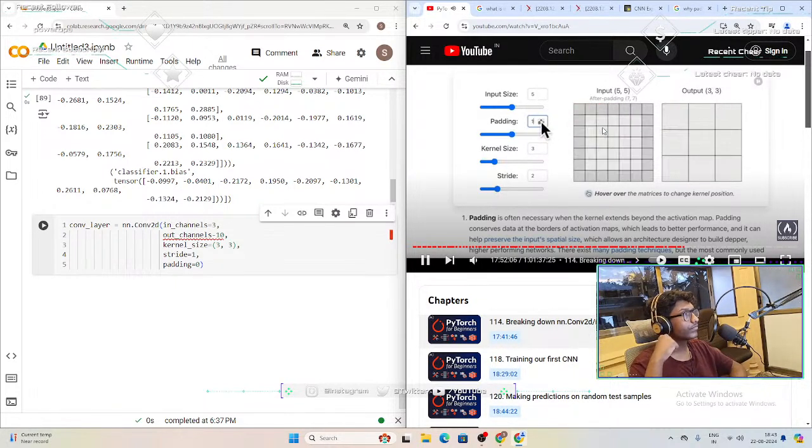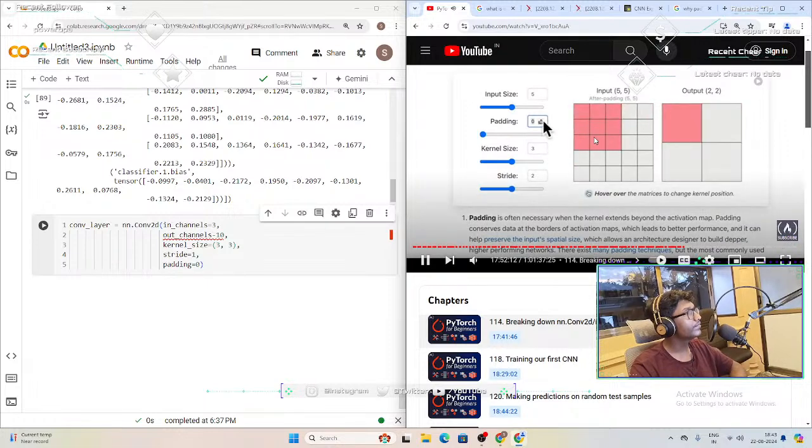We've added 2 extra pixels around the edge. Now if we go down, 1 extra pixel. Now if we go 0. Now why might we do that? If we add some padding on